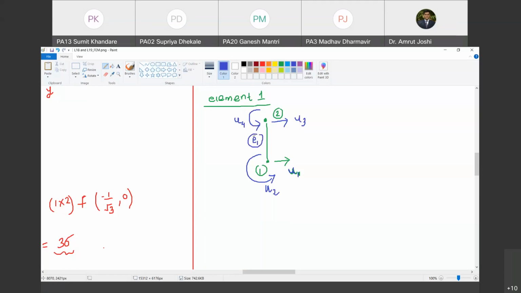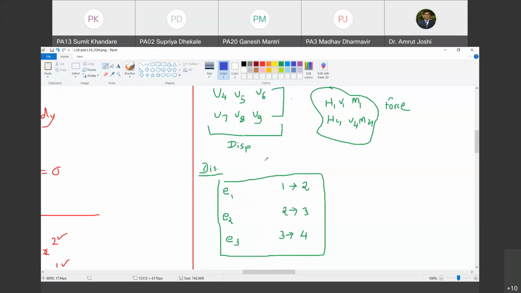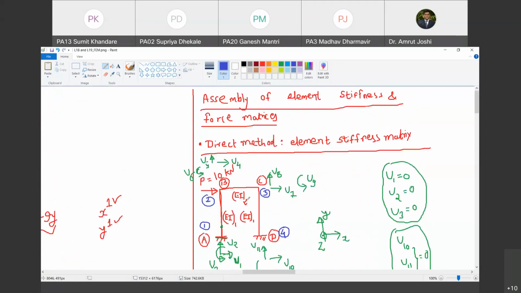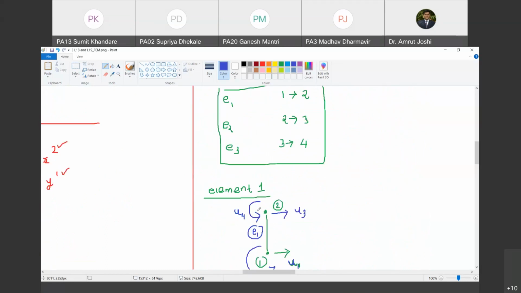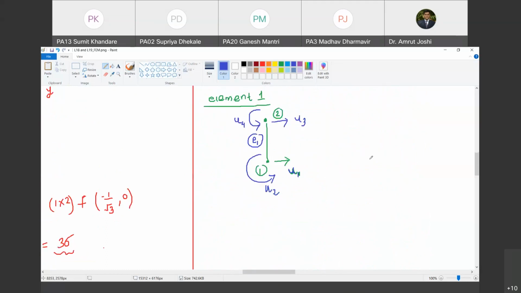Yes, sir. But at the nodal... node, okay. So we consider node 1 at U1 and U3 as a... No, those were global rotation degrees of freedom. That's what I'm saying. So global degrees of freedom are capital U1, U2, U3. But now I'm talking about the elemental degrees of freedom. So what are the elemental degrees of freedom?